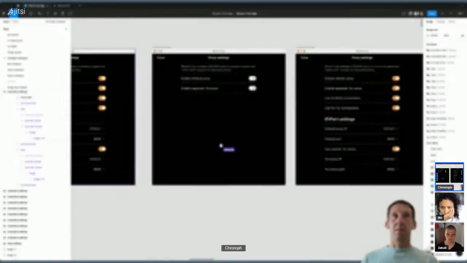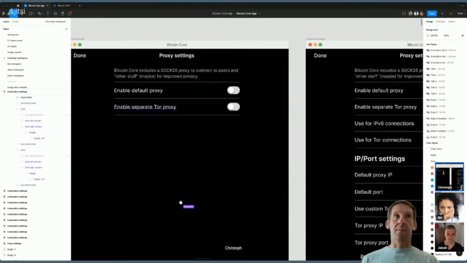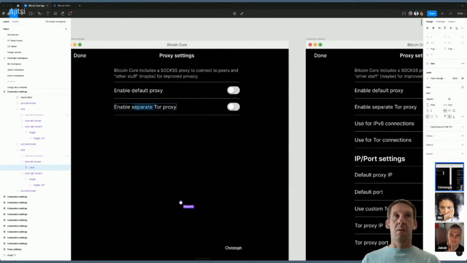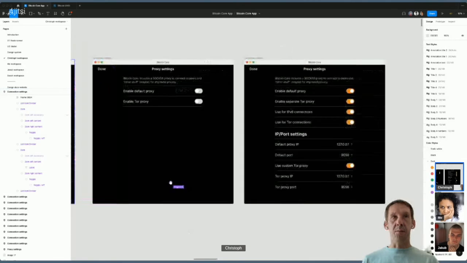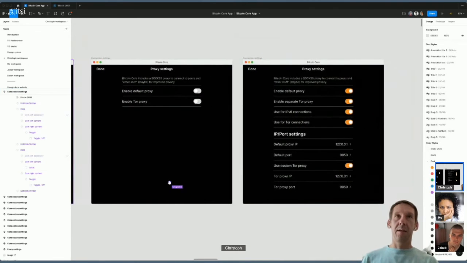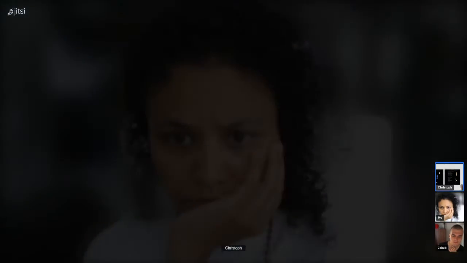Okay, so I have a default proxy and I have a Tor proxy, and I can independently turn them on and off. And then if I turn on